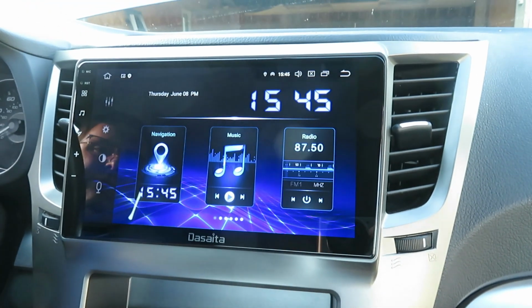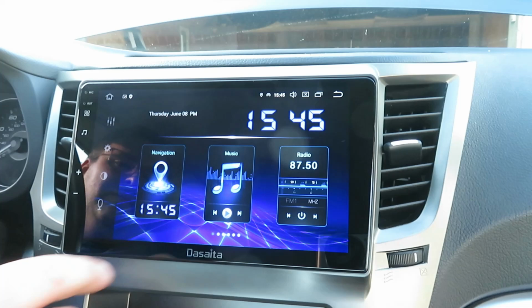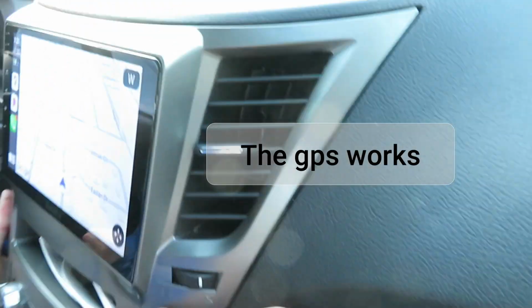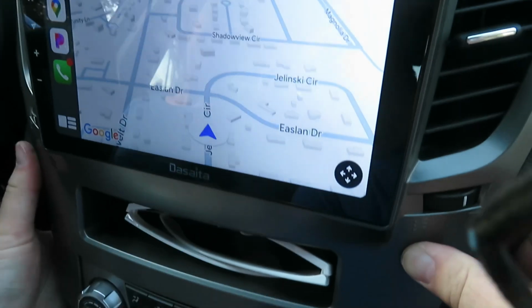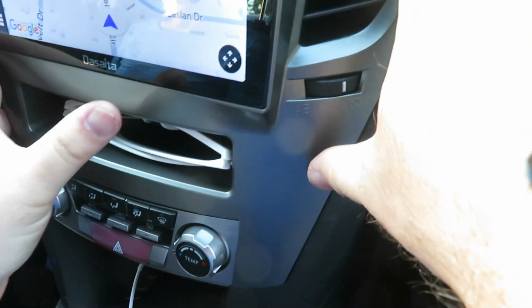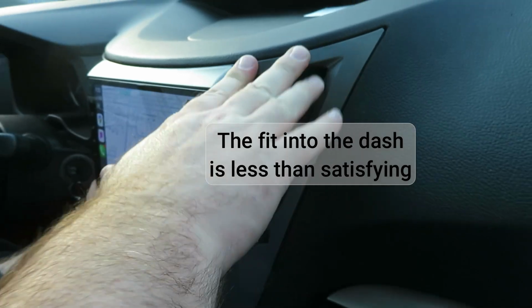The initial boot up does take a little while. And we're fidgeting with that bezel because it just doesn't quite...